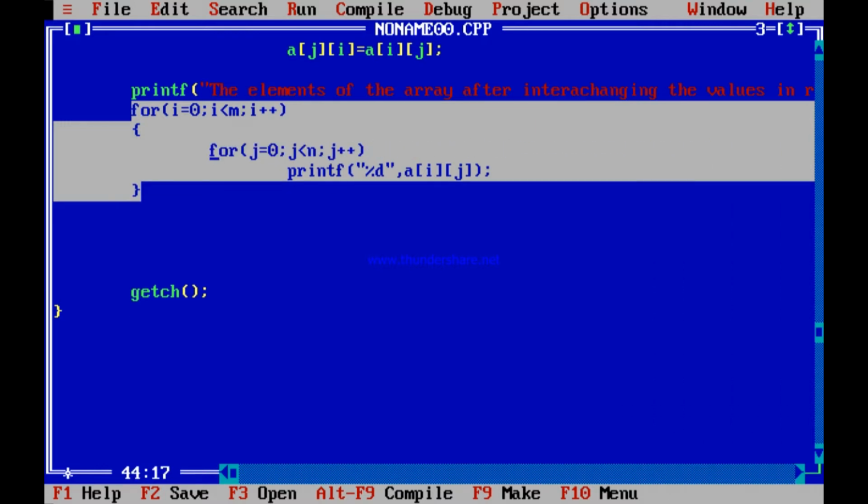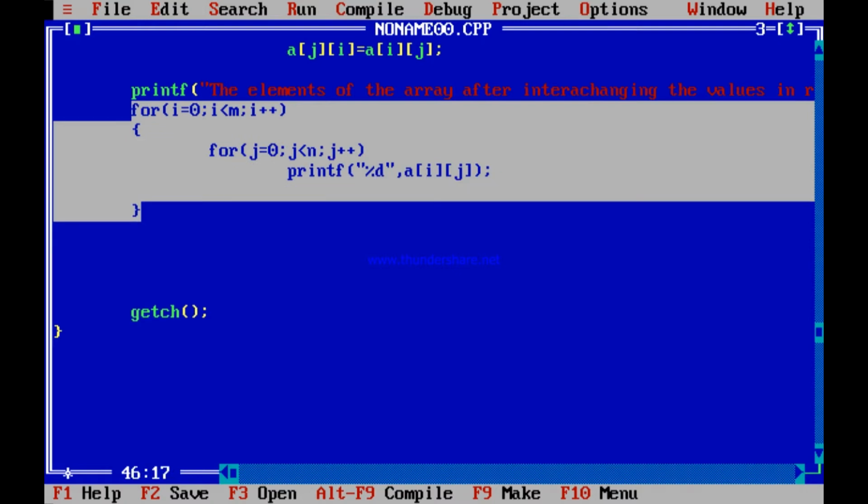Another thing you need is, after printing each row, there must be a \n printed. Before you go to the next row, there should be a \n. Only then this printing is done. And after printing each number, you can give a gap, or you can write this as %4d maybe. So 4 spaces you are assigning. So if you now print, the array should be printed.